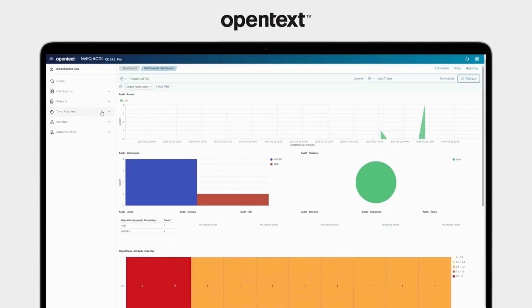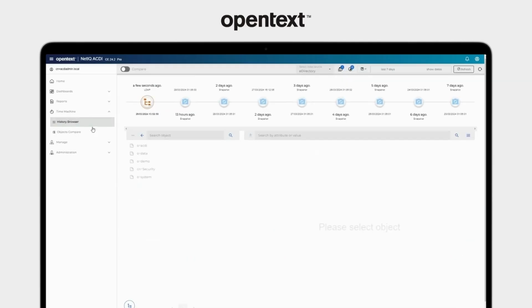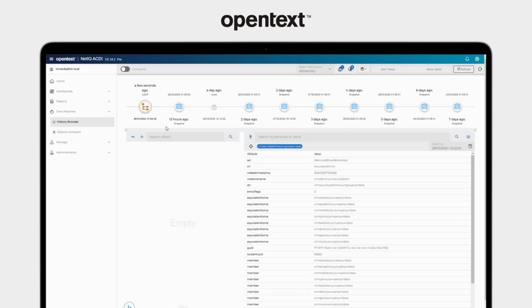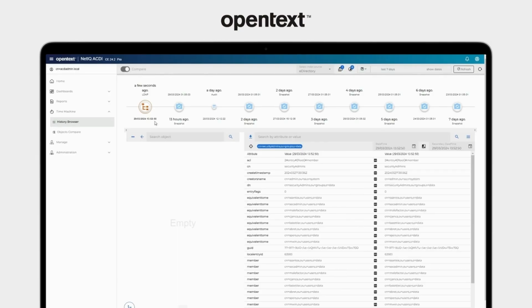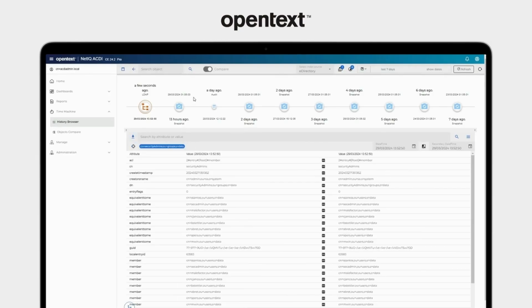You can use the history browser to compare states of objects in a timeline. First, select Security Admins. Here, you can see the timeline of the object on the top. Let's now compare states and values of this group for different periods. On the right side, there is online data received via LDAP. On the left side, data taken from a snapshot. It's time to compare the data.